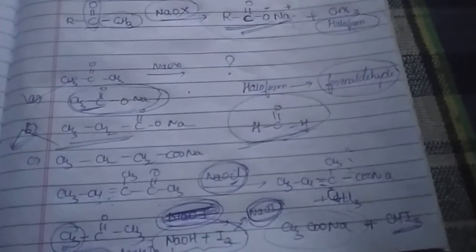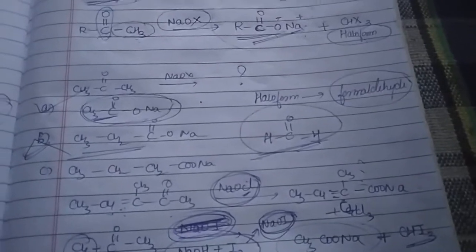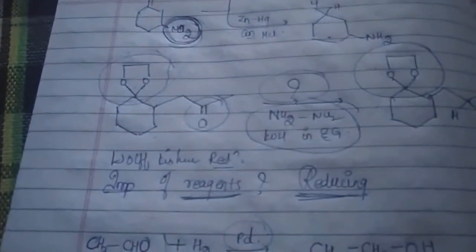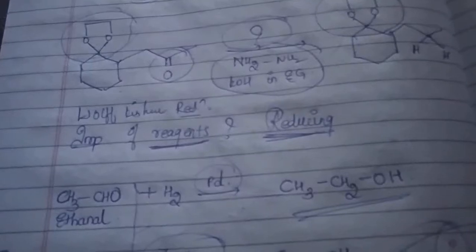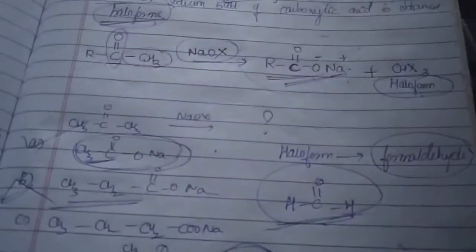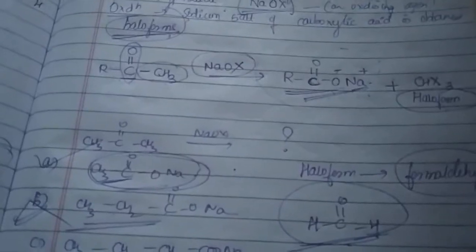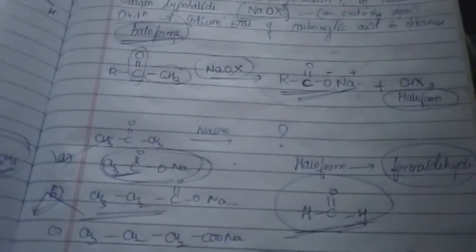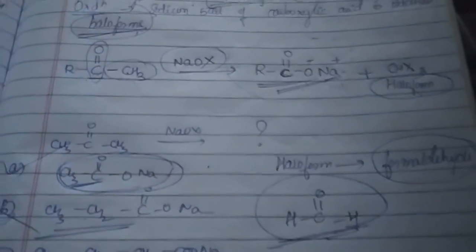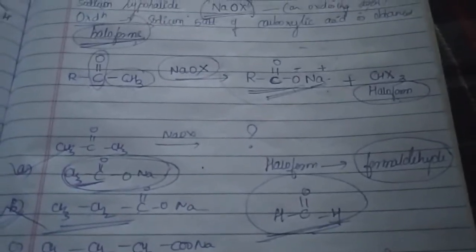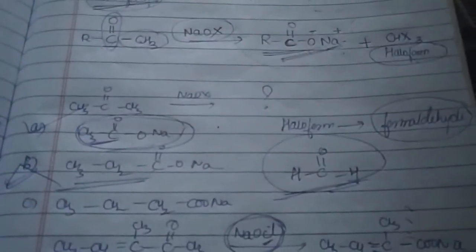So this is today's video concept. We have studied the reduction of carbonyl compounds, and we came to know that whenever you reduce carbonyl compounds in the presence of zinc amalgam in concentrated HCl, or hydrazine in the presence of KOH in ethylene glycol, it will give you hydrocarbons. I repeat, hydrocarbons. Similarly, when methyl ketones are oxidized in the presence of haloform reagents, you get the sodium salt of a carboxylic acid and a haloform. Is that clear? These are called haloform reactions. Very much important part.